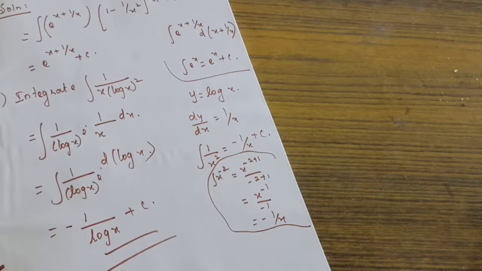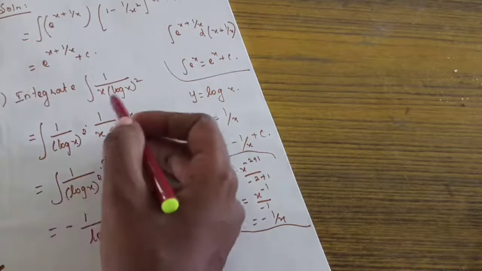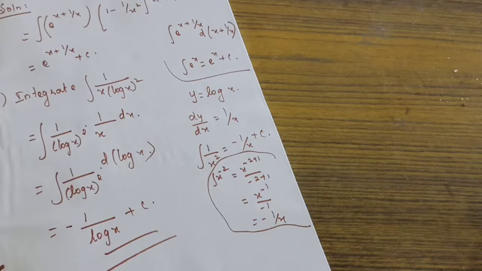So somewhat one small trick is there. That's all. Okay. So you want to be very careful. That is, check it, is there any connection. That is 1 by x means it's the differentiation of log x. But in that place log x the whole square is there. So x square, what's the differentiation? Minus 1 by x. So in that x place what's there? Log x. So in the place, minus 1 by log x plus c. Okay, got it? Okay, only one problem is left. We will complete. So problem number 8.